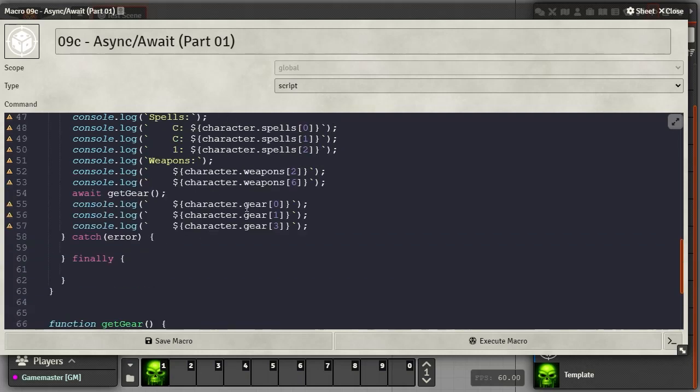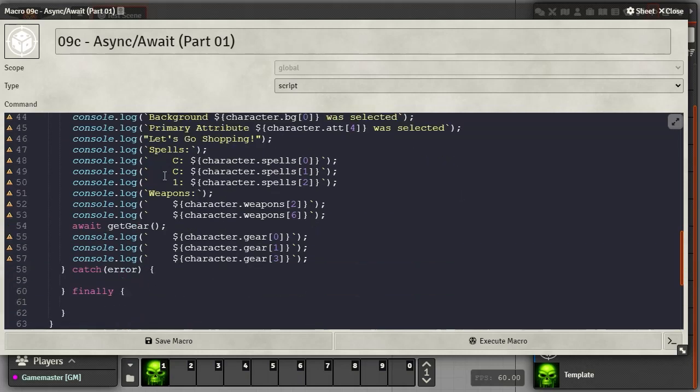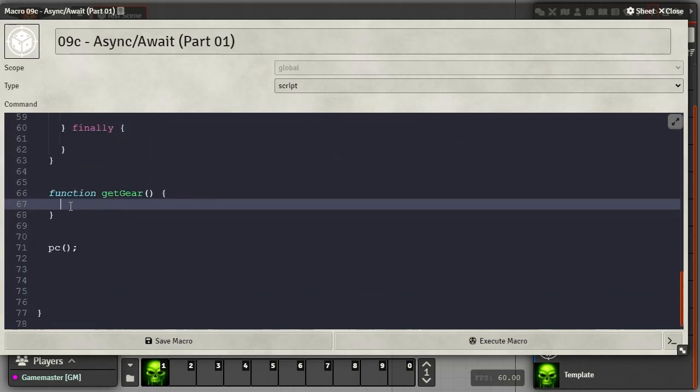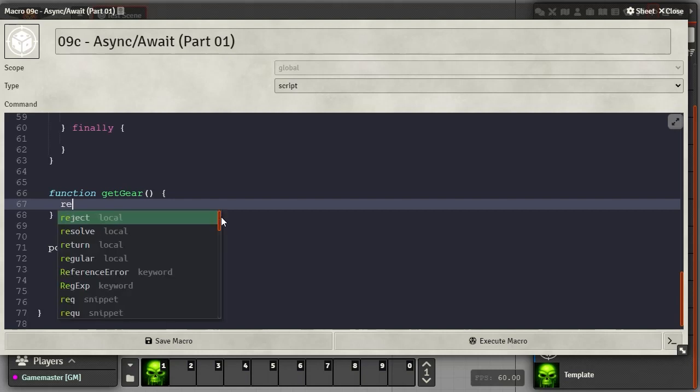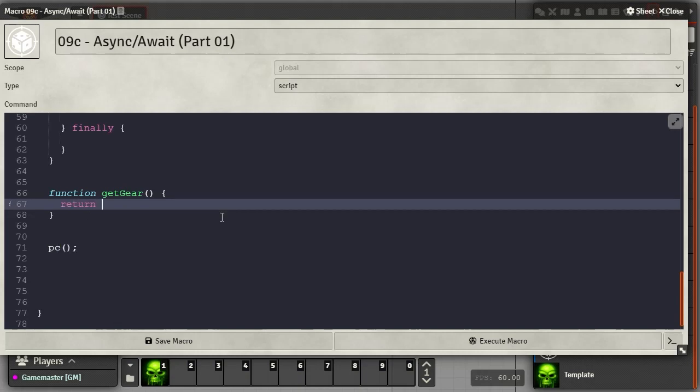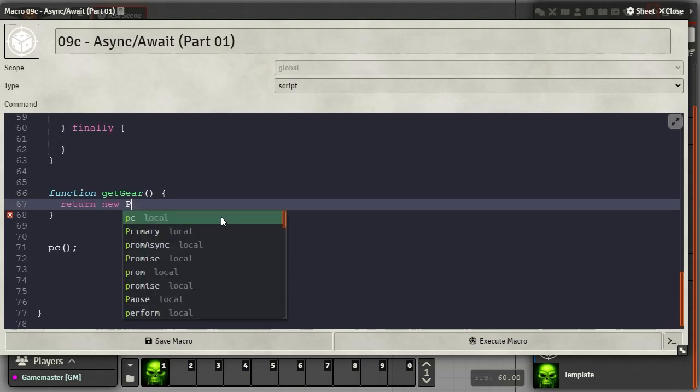In this case, it's not. Once again, this is not efficient code in any shape, way, or form, nor does it make any logical sense why you would do it this way. We're going to do our getGear as a promise, so we're going to return new